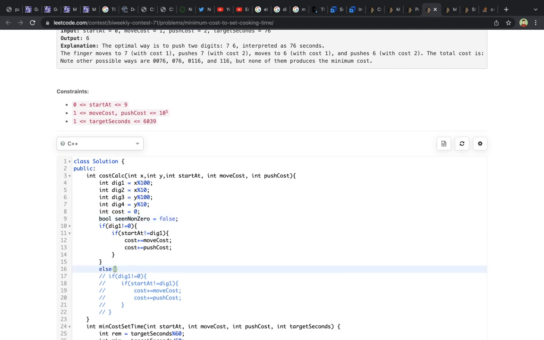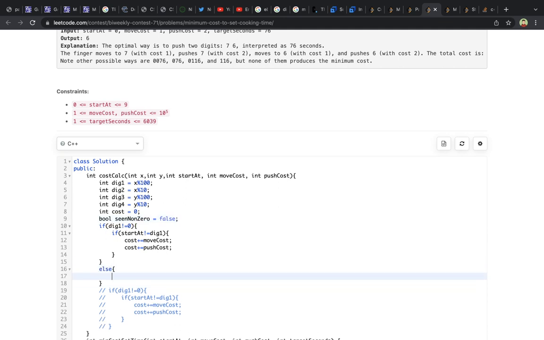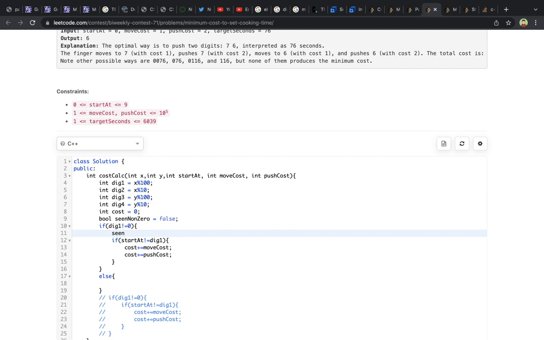Else we can say that we have seen non-zero. So we have to say here, let's see, seen non-zero to be equals to true, and